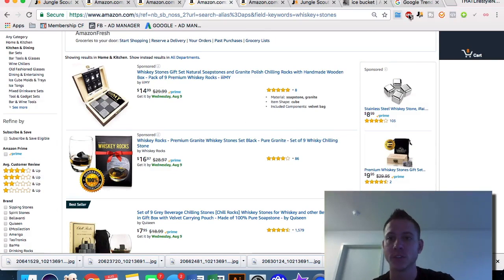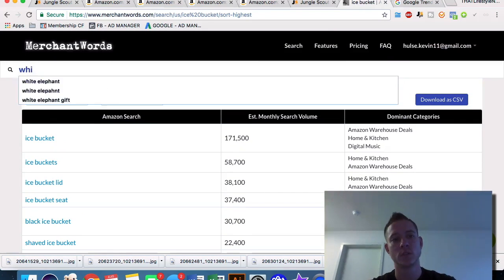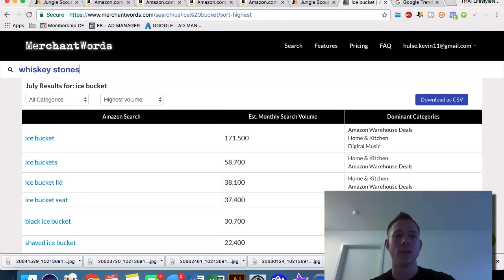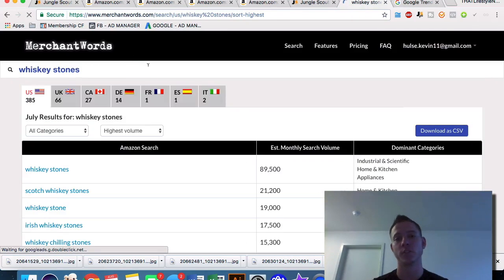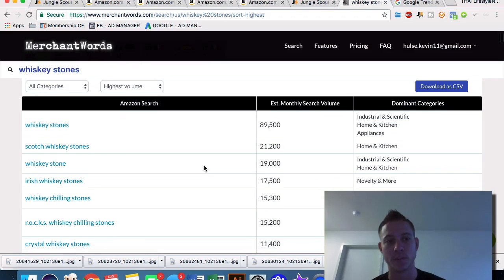And again, Whiskey Stones might be a good one to take a look at in Merchant Words. So basically what Merchant Words does is it uses Amazon's auto search fill, right? And then it uses an algorithm to reverse engineer all of the different autofills based on each first letter that you input after the space. So if I put whiskey space A, it would fill it in. Whiskey space B, it would fill it in, right? And then it would, through the BSR for the specific product, again using an algorithm, reverse engineer the monthly